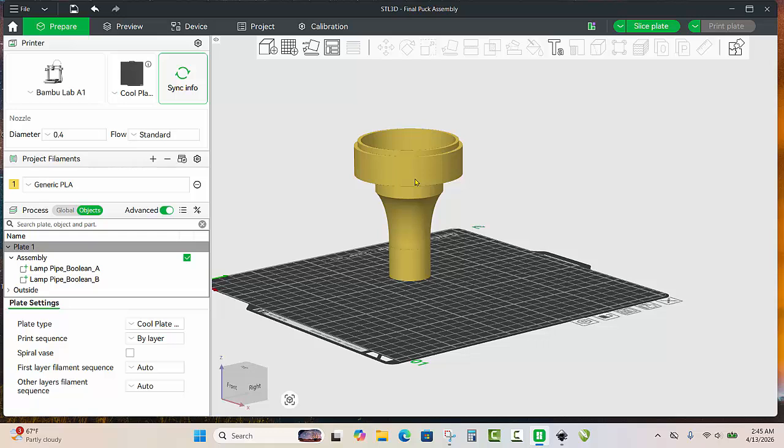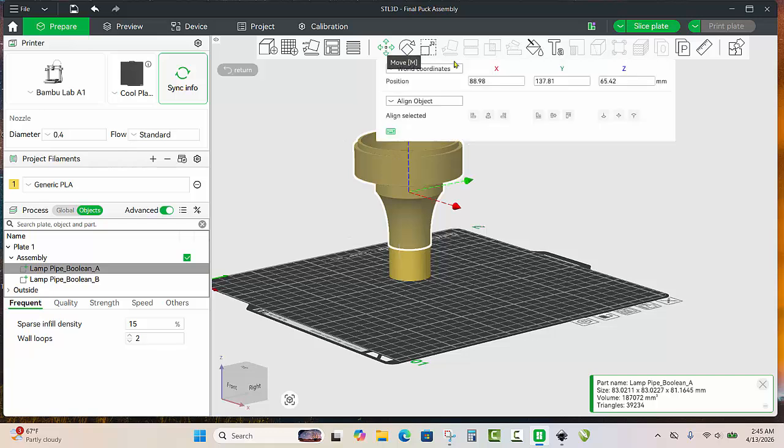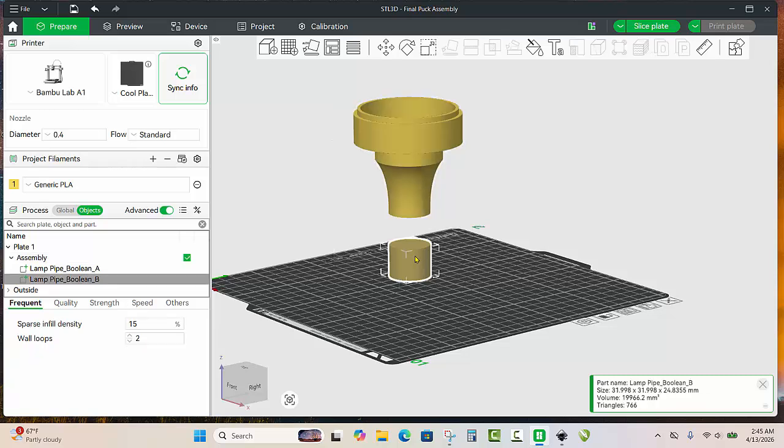Now what I want to do is alt click the top, and let's go to move. We can see here that we are in the Z, so we're at 65. If we were to add an inch to that, that would be 25 that we would need to add, so then we'd be roughly at 90. So let's set the Z to 90, and then we can modify this piece. We can alt click here,